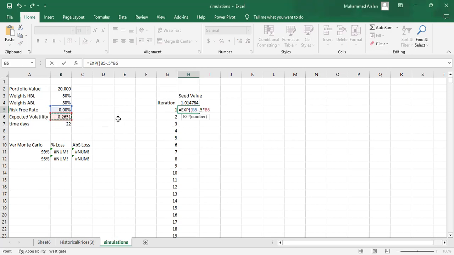For the variance, I have the volatility sigma, so we will take the square of that value, then close the bracket, and again multiply with the number of